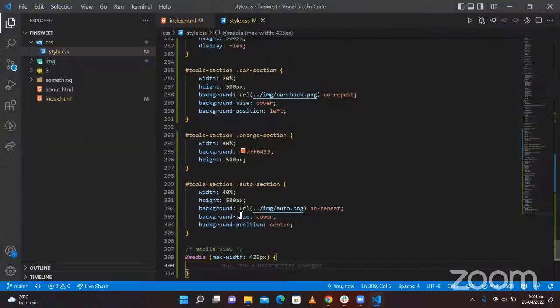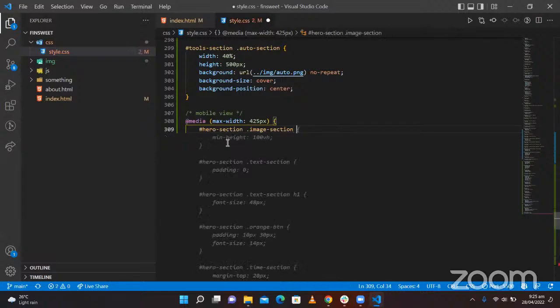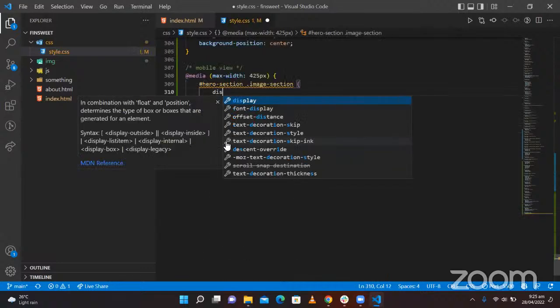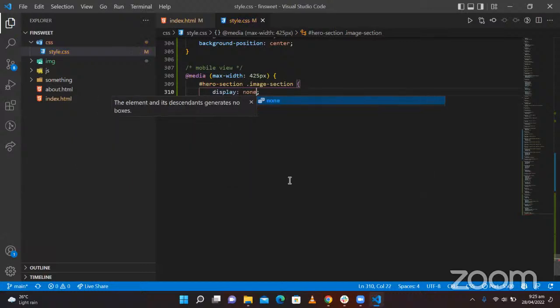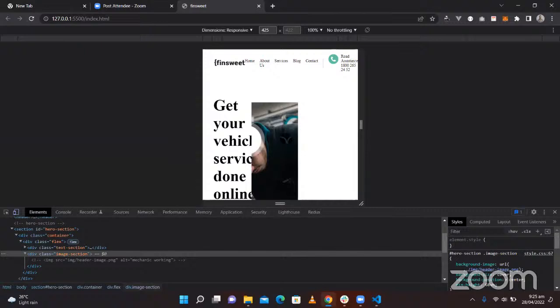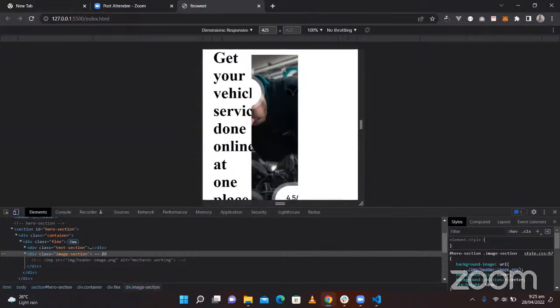Let me adjust this so that we can see. I paste this here, and I say I don't want it to display on a small screen. So if I check here now,